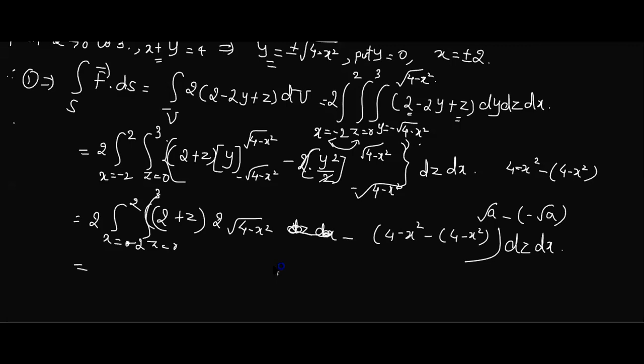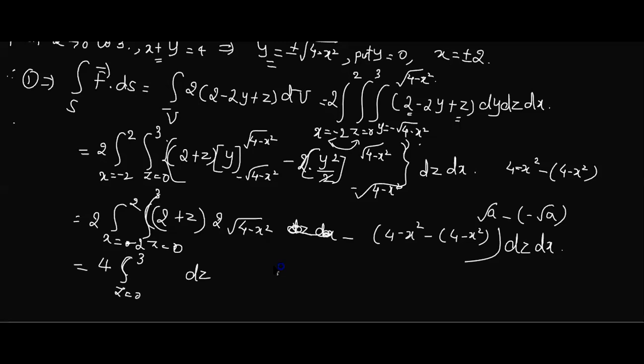So remaining thing, isn't it? This is remaining. In this, the 2 2s, I can take this 2 out. So it becomes 4. Now you can see, the z and x terms are separated here, isn't it? They are separated. And how are the limits for z and x? Are they variable or constant? Constant. So can we do the separation? Yes. So I separate the z term. I'll write z equal to 0 to 3 dz.